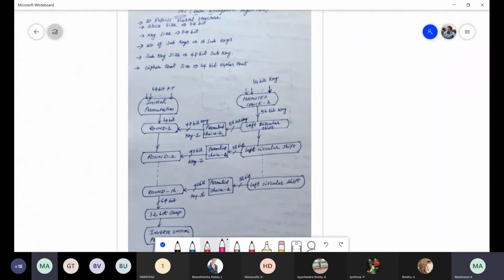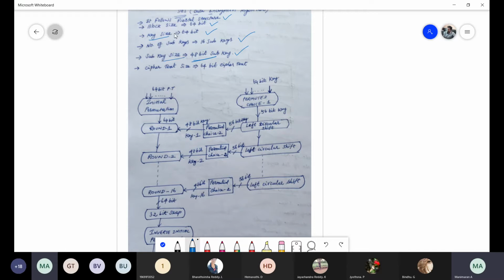Now, the Data Encryption Standard, the DES algorithm. This DES algorithm follows the Feistel structure. The block size is 64 bits, the key size is also 64 bits, and the number of subkeys is 16, with a subkey size of 48 bits. I told you this key is different from that key.